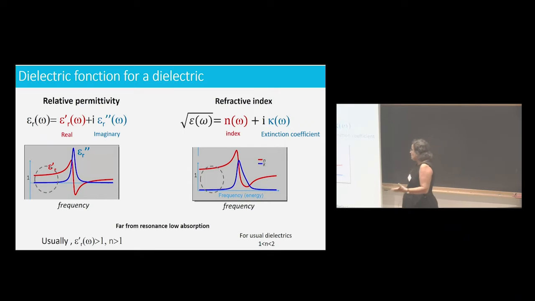In what I will discuss with you, we are in normal conditions of operation. That means that we will mainly discuss what is happening here, not what we have at resonance, which is also very interesting, but we have to make a choice. So usually, we will be in the case for which the index is larger than 1, and for usual dielectrics, the index remains quite small, between 1 and 2. You can have indexes which are larger, but most dielectrics remain below 2.